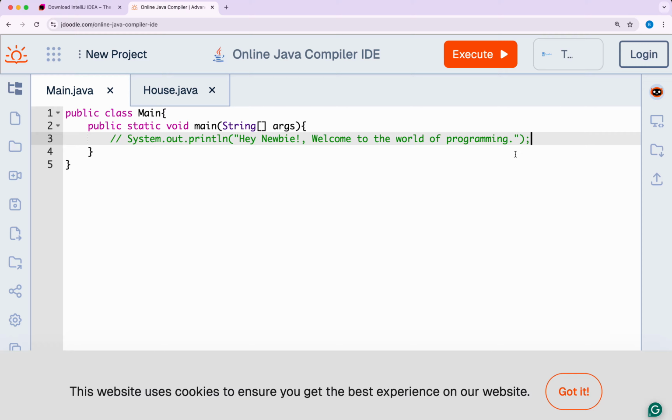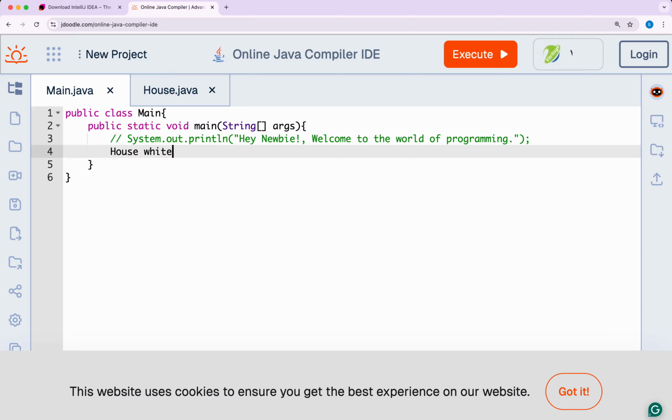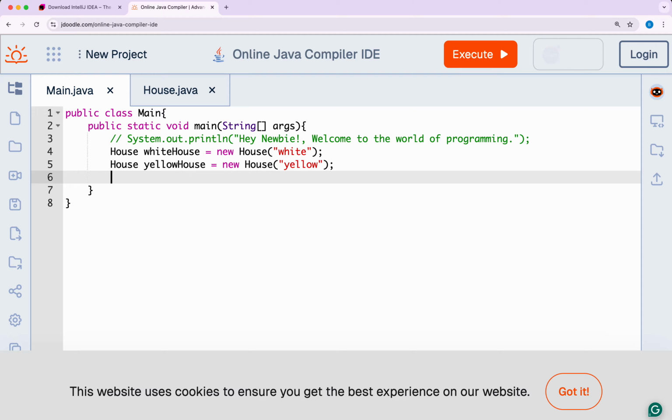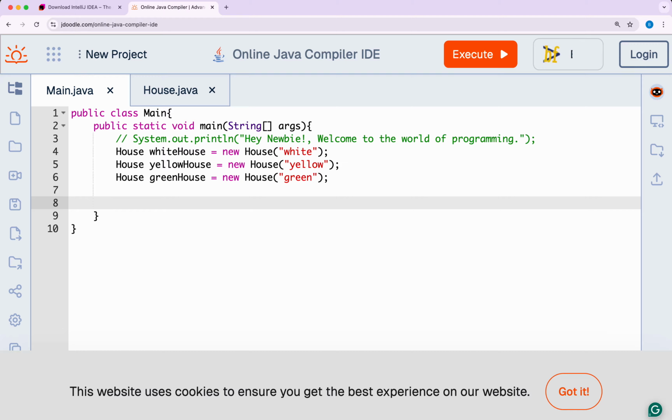I'll comment this out. And now we've said house, if you still remember, white house equal to new house, and here I want to pass in the color white. I would have another house. Remember, again, all I'm doing now is from the video, and this is the essence of having that video, right? House greenhouse equal to new house, green. And if you want to understand any of these lines, you can refer again to the video. Now I can go ahead to say